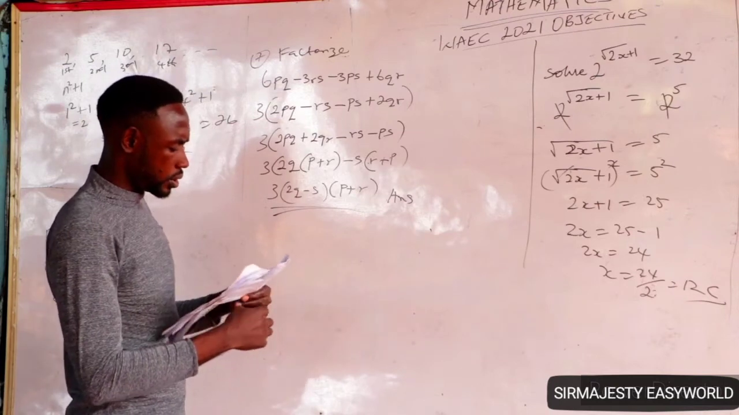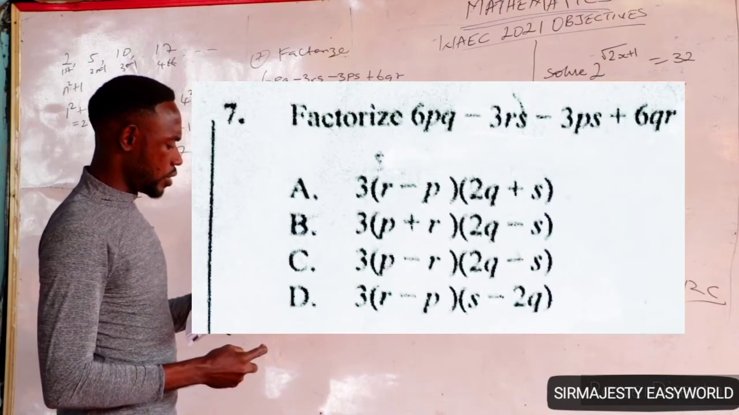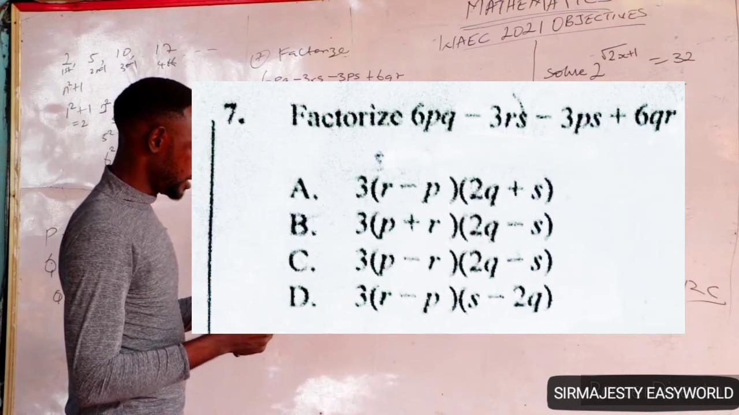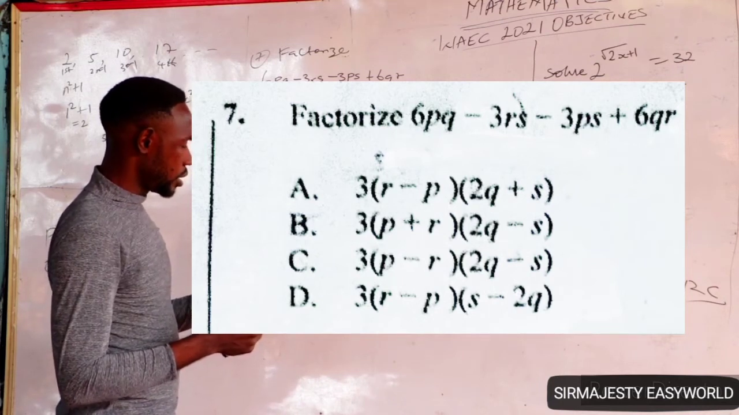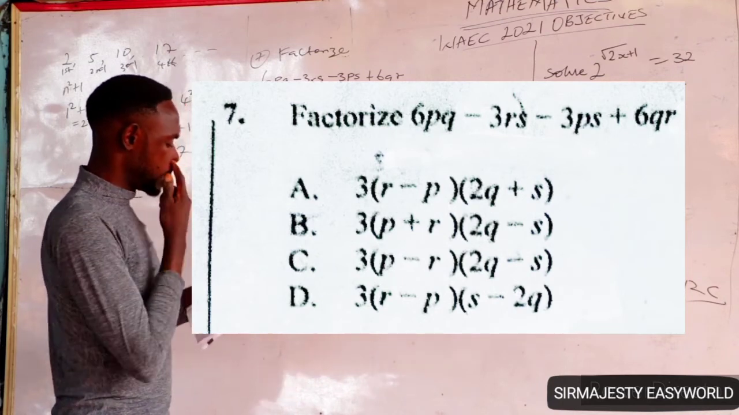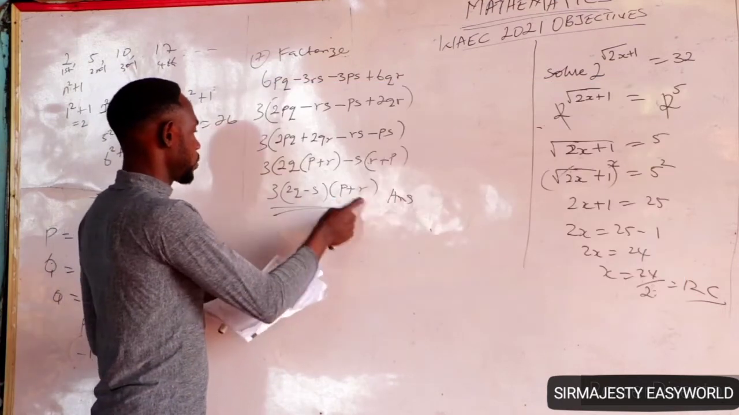Let's look at the options. Option A says 3R minus, no, not minus. B says, yeah, B is correct. Only that they brought this one here and this one here. But